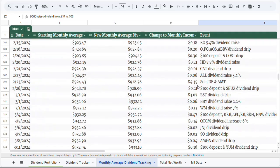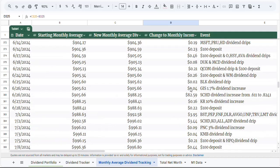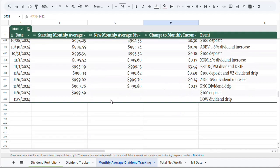But SCHD in the first and second quarters usually have a lower dividend. You can see in March, SCHD did one there, went a little bit lower. There was a larger one, and then they went back down. And then SCHD, right there, their Q3 is just a little bit lower than their all-time high, 82 cents. So let's go to the last event here, which is the $100 deposit, and then the new monthly average dividend is now $1,000 even,